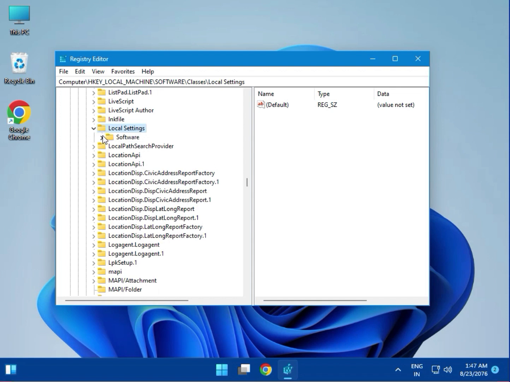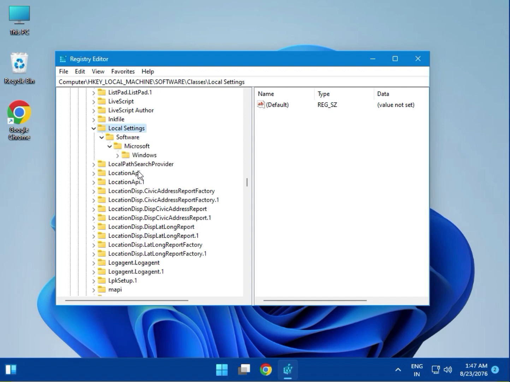Then again software, then Microsoft, there's Windows Shell,